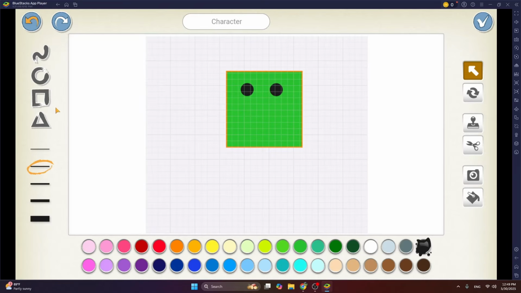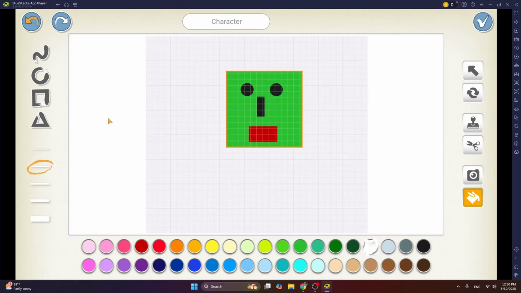Okay, and then I can have a nose. Fill it up with some color, black, and then I can have a mouth. It can be a rectangle too, a red colored rectangle. Again, bucket, and I can draw some teeth.